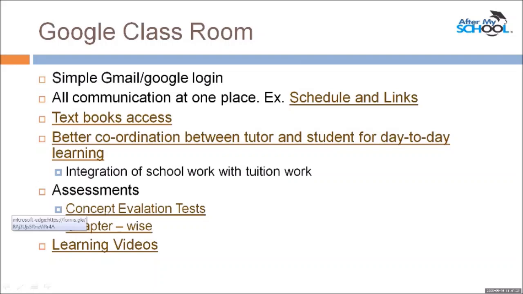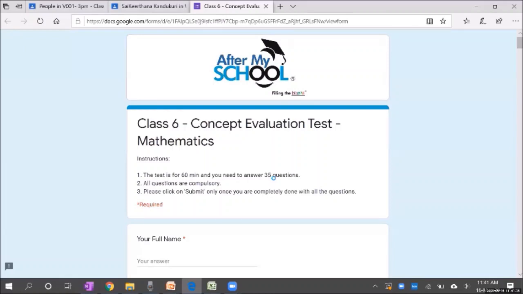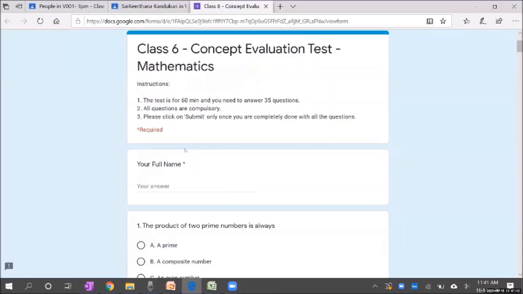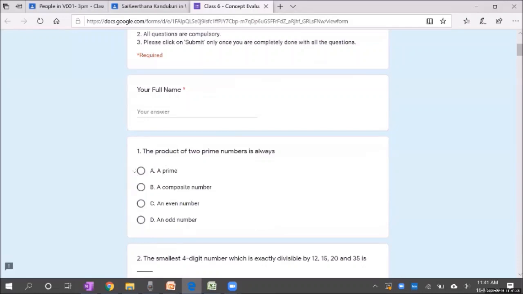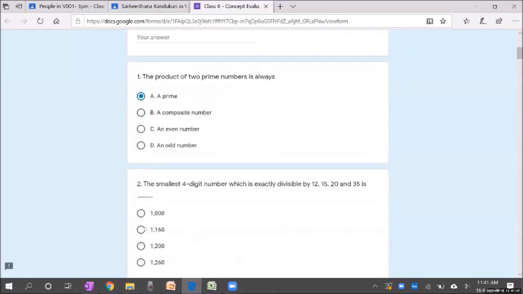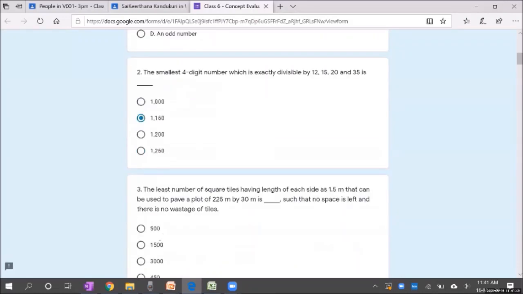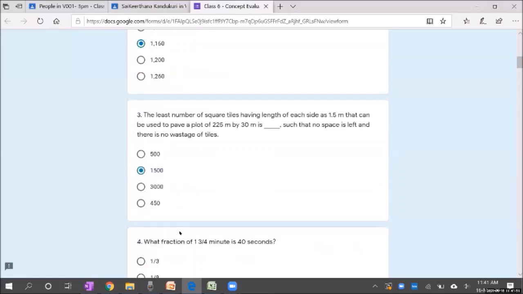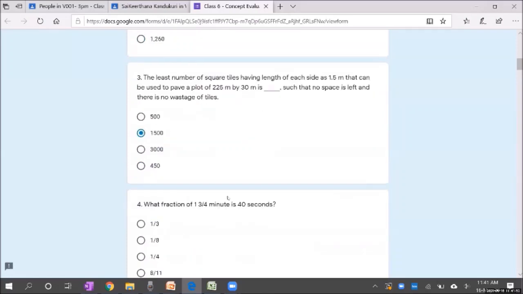So the administration of this assessment is also going to be pretty easy, for the child it will be online. Most of our assessments are online assessments. For example, this is called concept evaluation test in mathematics for class 6 child. So the child will be able to do this test online and submit the answers at the end of the test.